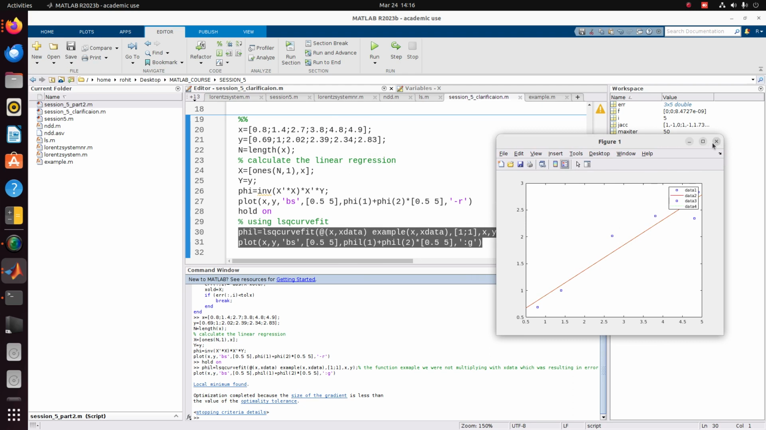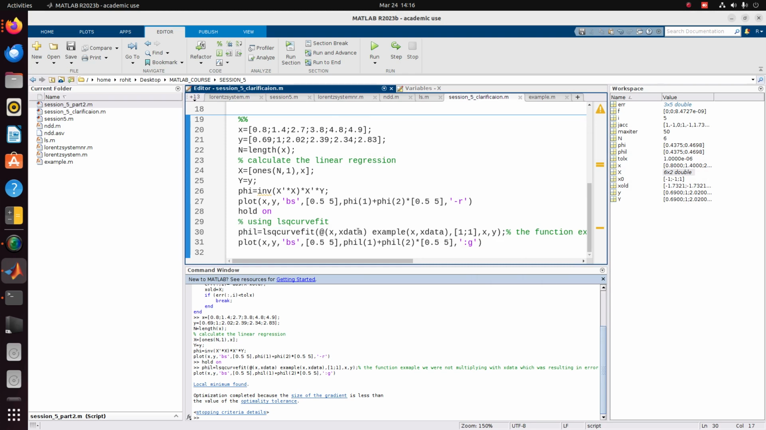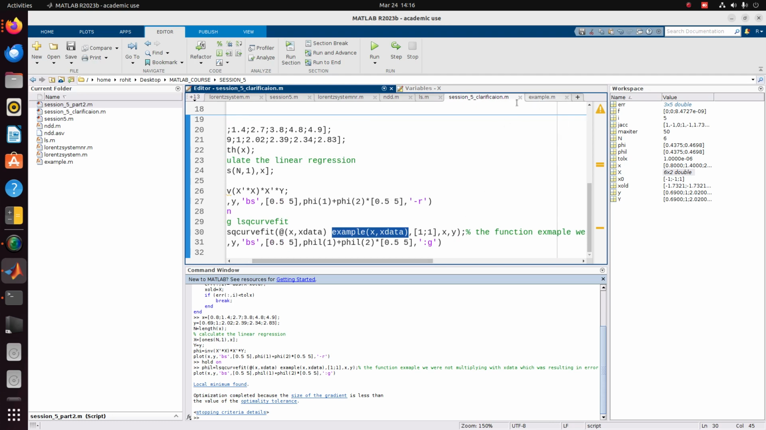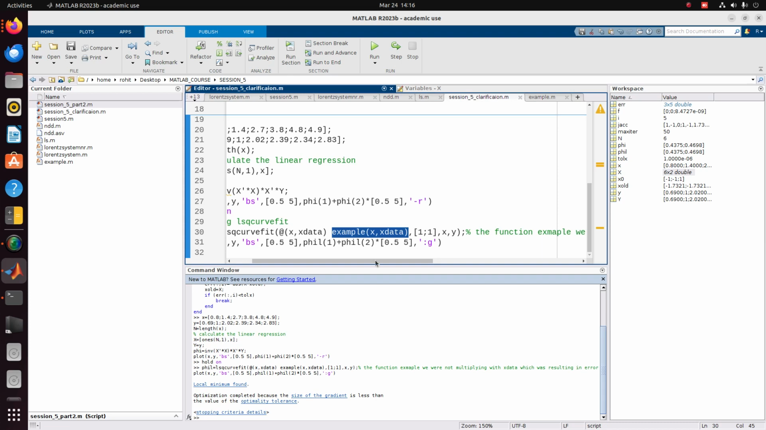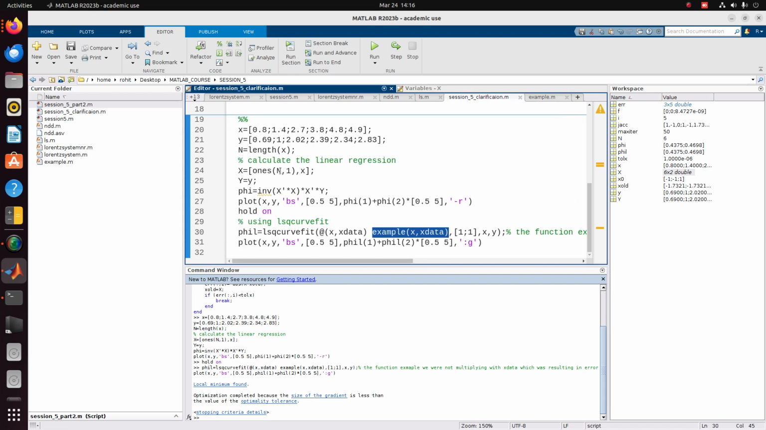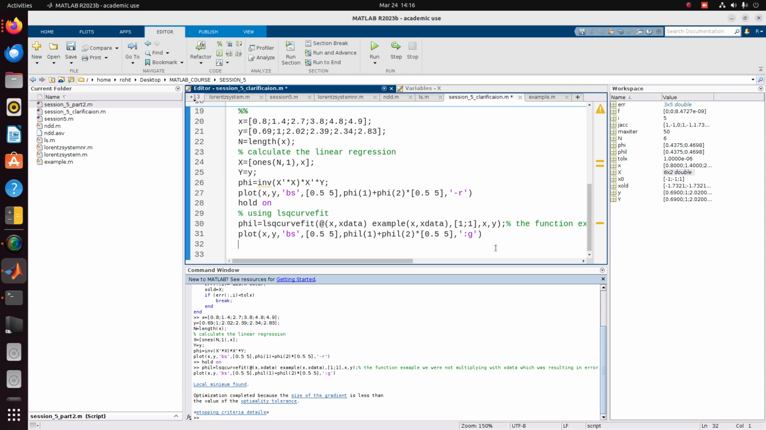So the LSQ curve fit function you can directly use using this, making the simple function, and try not to make the error. Write the function correctly so that you don't get any error like we got previous time. Yeah, so that was one more thing that we missed. We were not getting the proper answer last time, and another thing which we left last time was